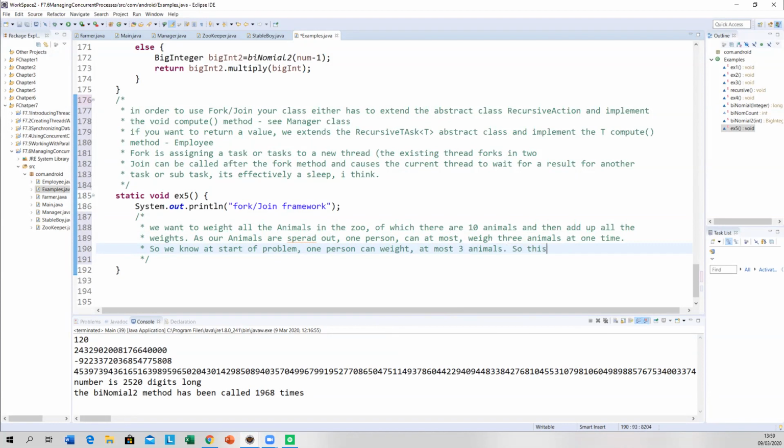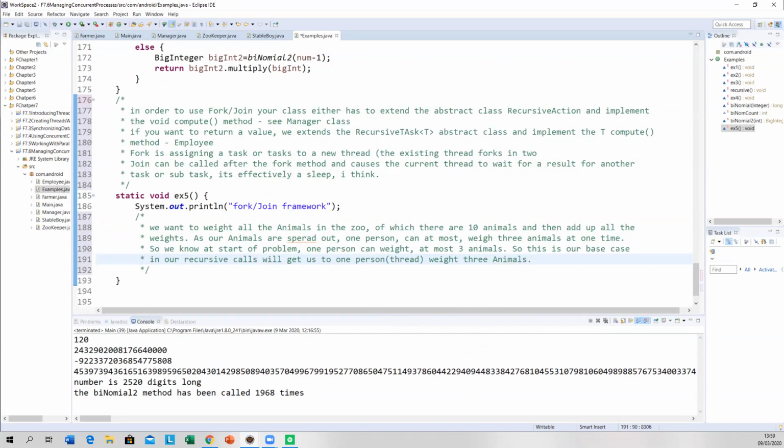Okay, so this is our base case. In our recursive calls, this is our base case. So our base case in our recursive call will get us to one person thread weighing 3 animals.